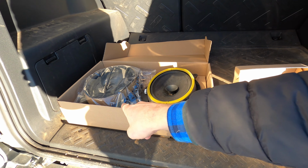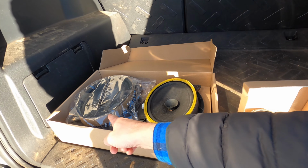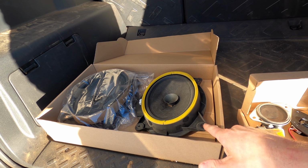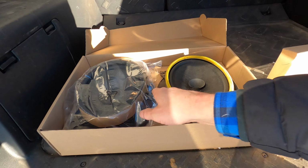And we've got our door speakers here. This is the old driver's side door speaker that I removed. This is the new one we're going to be installing. Again, you can see the size is exactly the same, bolt holes are exactly the same, and then our electrical